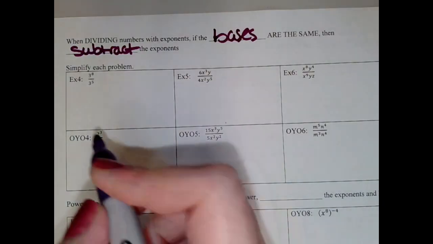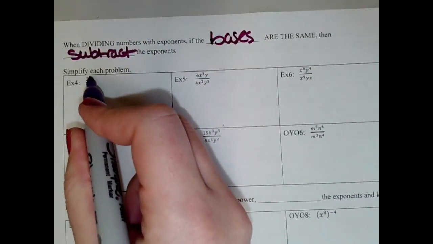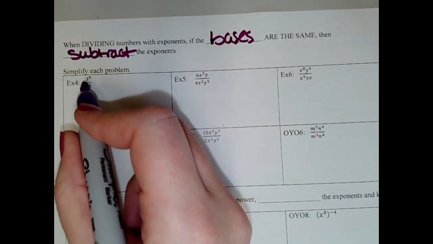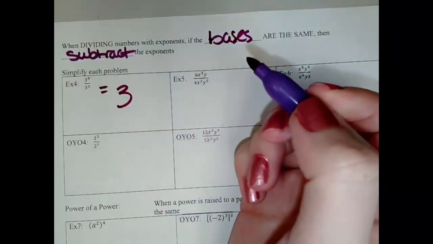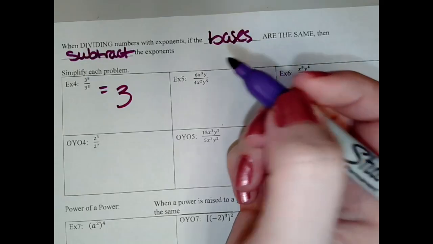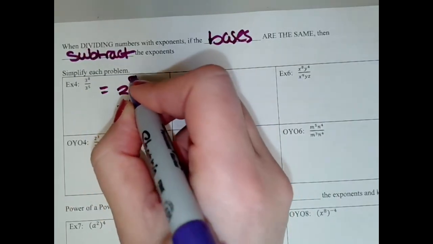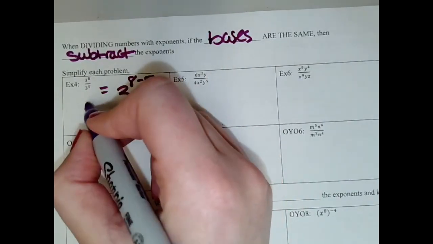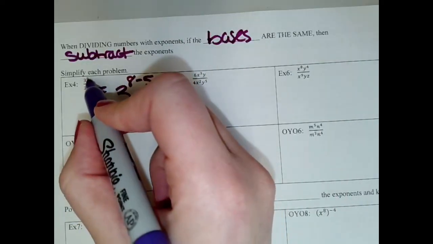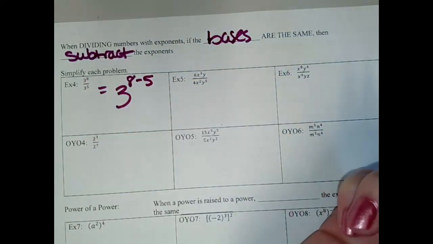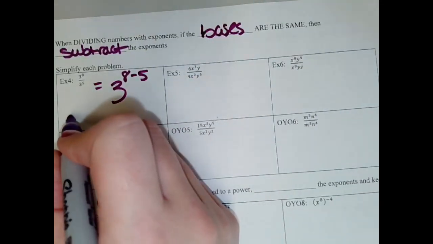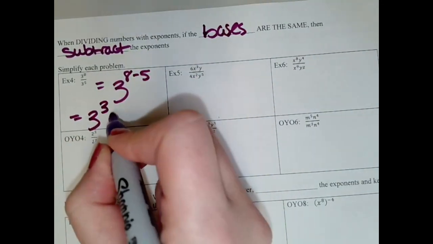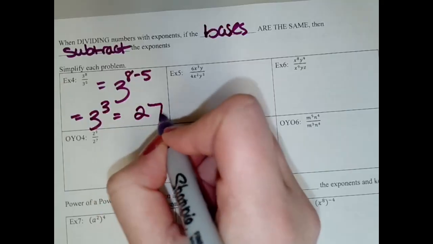Let's start with 4. We have 3 to the 8th power over 3 to the 5th power. Since the bases are the same, they both have a base of 3, that base does not change. It remains the same. And then I have 8 minus 5. When you're subtracting, it's important that you do the exponent in the numerator minus the exponent in the denominator. So it's 8 minus 5. When you subtract, that gives you 3 cubed then,